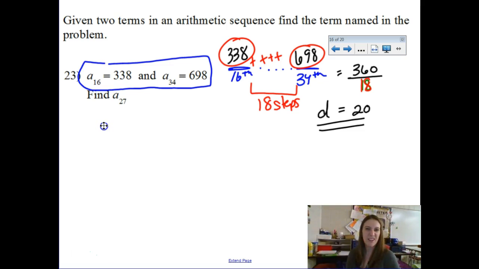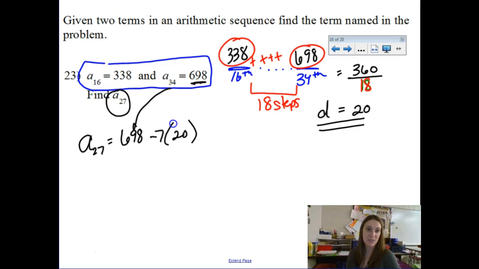I'm not going to do that because I don't want the formula. I need the 27th term. Alright, I'm going to cheat. I know with the 27th term, let's say I start at 698, which isn't this guy the 34th term? So I think, okay, well I need to back up 7 steps. So what if I back up 7 steps, but every step is 20? Would that work? So let's see, that's 698 minus 140, which gives me